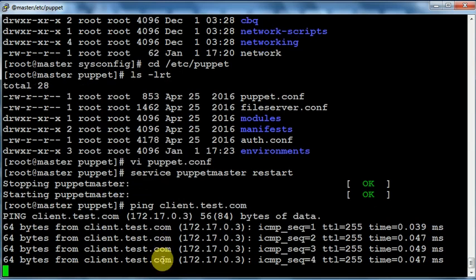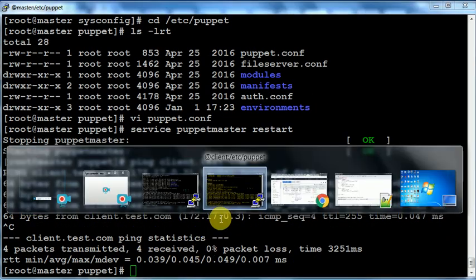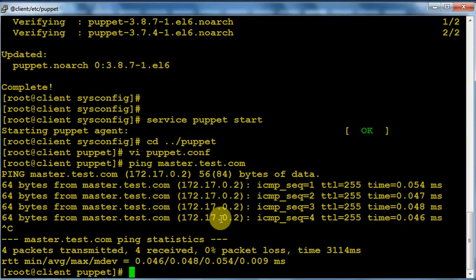Okay, now we need to test. We need to send a request for signing a certificate from the client to the master. So let me send a certificate. The command for this is puppet agent --test --server. The server name is